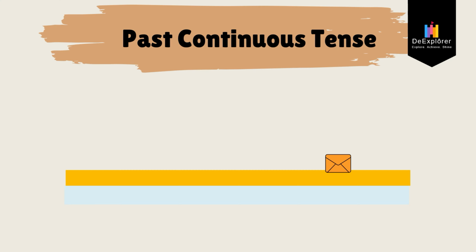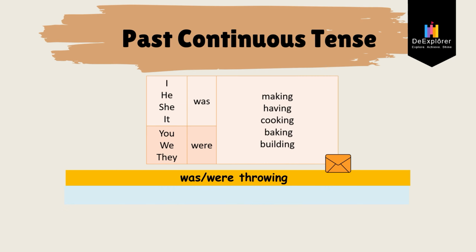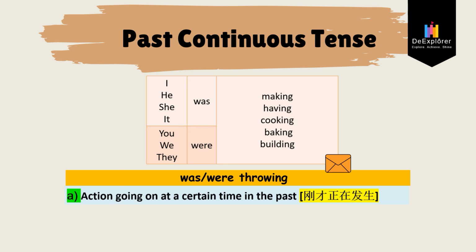For today's lesson, we are going to revise the past continuous tense. Okay, that's number 5. Past continuous tense uses was, were with ing form. Okay, so take a look at the table given. I was making, she was having, you were baking, they were building. So if you have forgotten when to use was or were, please remember to take a look at this table. Okay, so was, were, ing form is used to show an action going on at a certain time in the